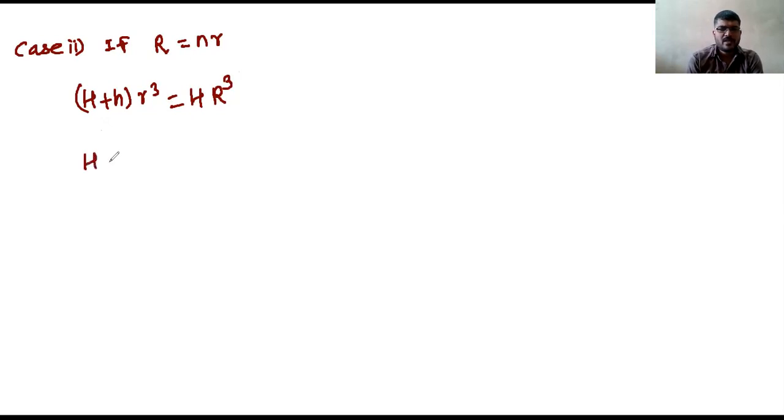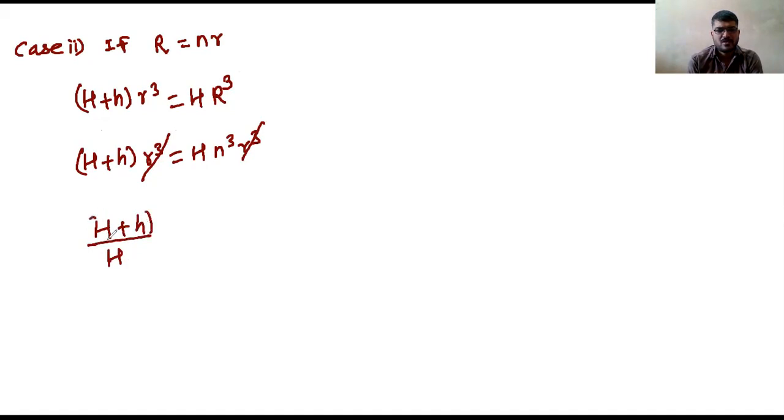Now, capital H plus small h into R cube is equal to capital H into, R is N R here, so N cube R cube. Then this R cube and this R cube get cancelled, and you get H plus h divided by capital H is equal to N cube, and therefore